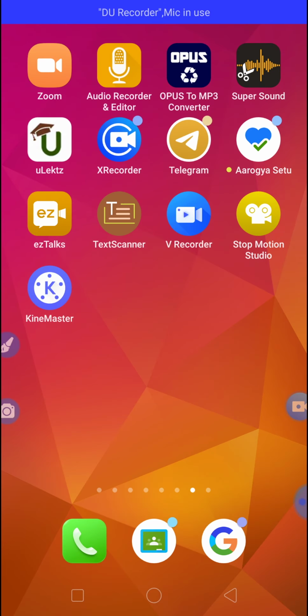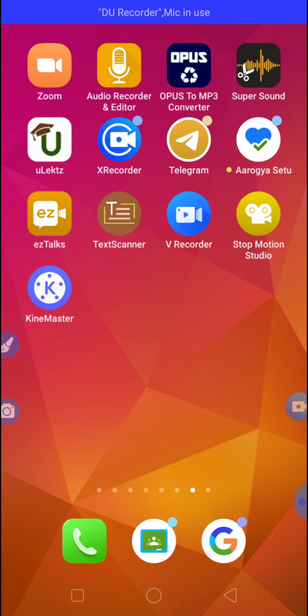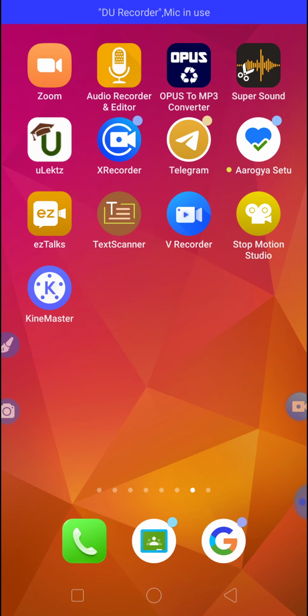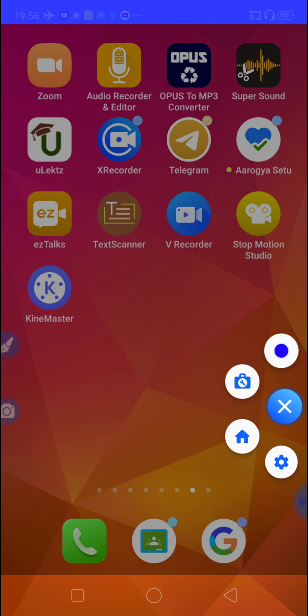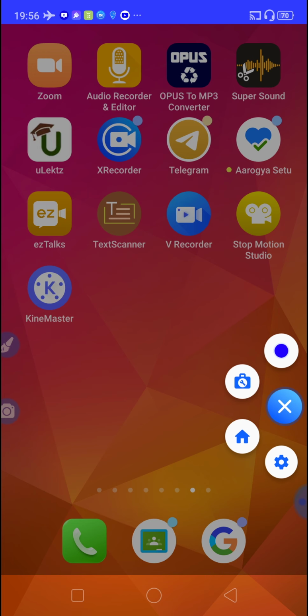Now once again I shall reiterate. Look, I am pressing that knob, and you have got four knobs from the top. The first one is to record, and the second one is choosing the tools where you can enable the camera and appear in the screen. And the third one is the home screen. There you have the recorded or screen captured videos. You can share them from there to WhatsApp or YouTube or whatever media you want. And the fourth knob enables the settings.